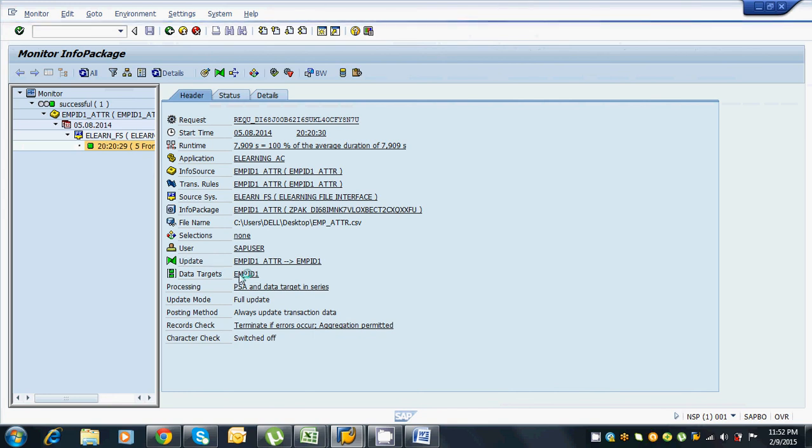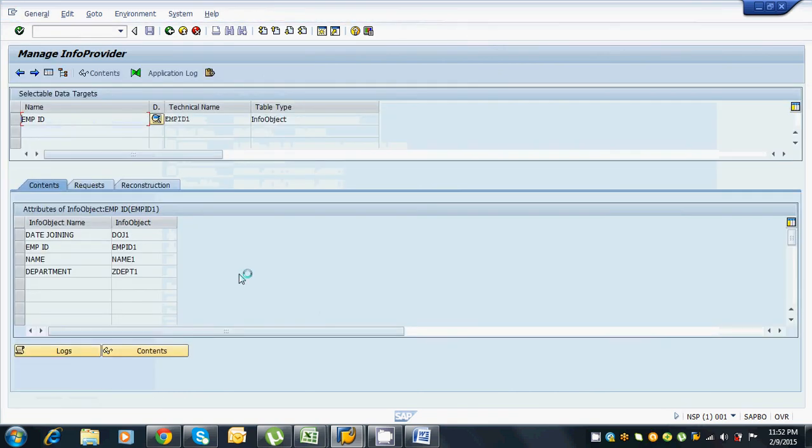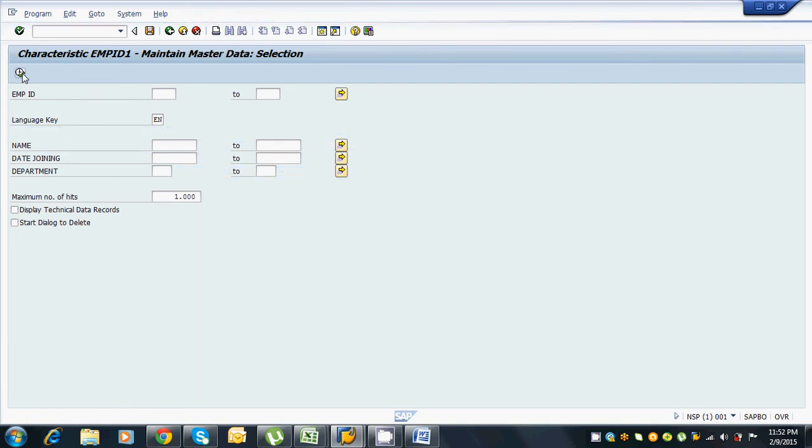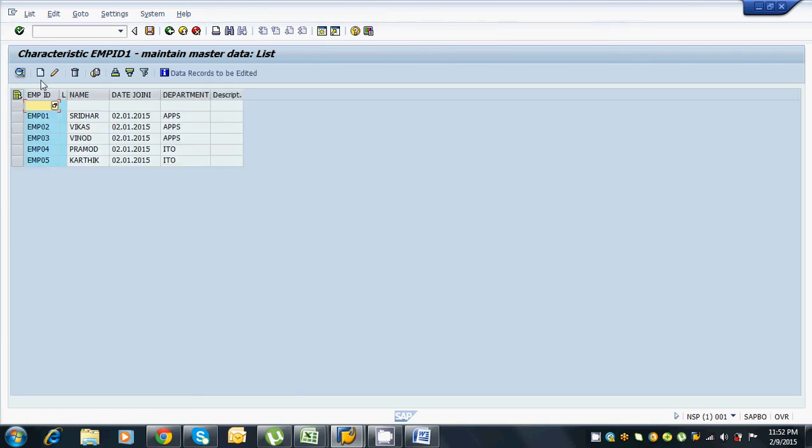This is your data target, which is nothing but info object. And if you want to see the content, then select this table and click on the content. Then clearly you can see the data. So this is the data we have in the info object,